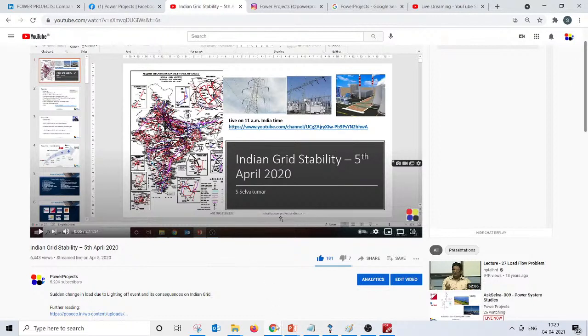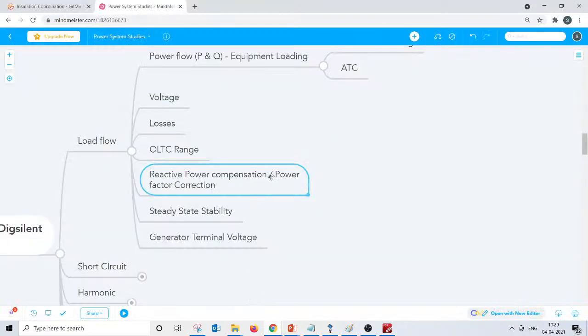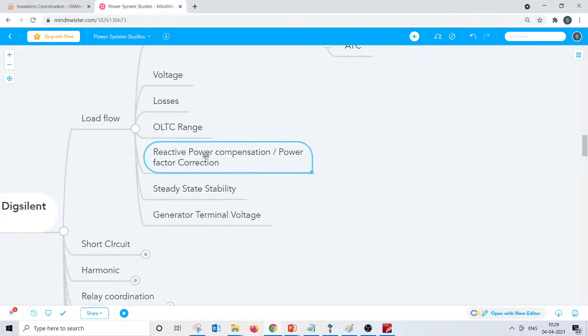Let me come back. Reactive power compensation and power factor correction, which I am not really going to touch, but power factor correction is what we talked about in that video. But if you look at reactive power compensation with respect to inductive reactive power compensation for very long transmission lines, you can always look at the length of the line and how accurately you are modeling it.